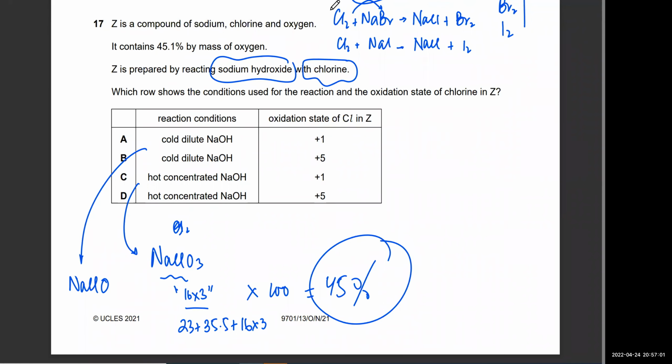So in this question you didn't actually have to do some math on this. You just have to figure out कि cold NaOH के साथ में ये बनता है, hot concentrated NaOH के साथ ये बनता है, so इसके साथ ये बनता है, उसका वो बनता है. वो बस देखना था कि किसके अंदर 45% है. So it's this one. So it's going to be hot concentrated, and the oxidation state of Cl is going to be +5. I mean, you can just calculate the oxidation state. That is +5. ठीक है,